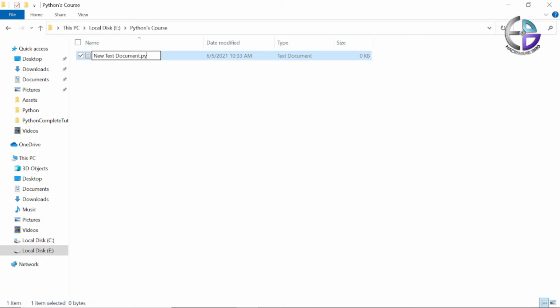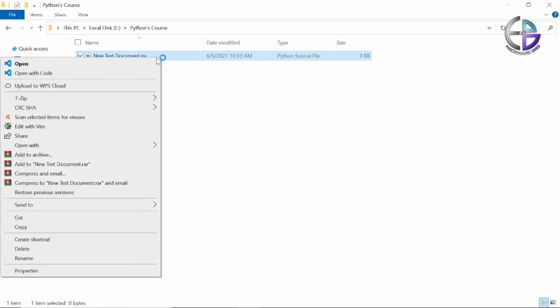I will talk later about file formats, file extensions, why we use them, and even how you can store your pictures in a text file too. We will talk about it later, but just keep in mind that you have to use py as the extension of a Python code file. Okay, done.